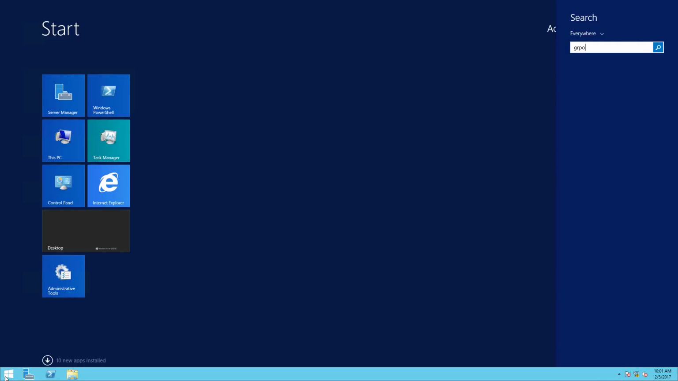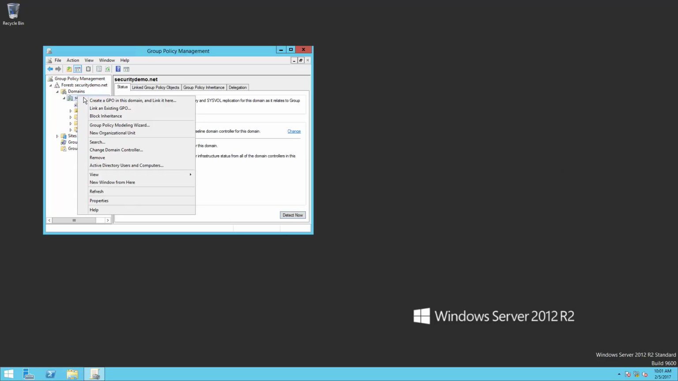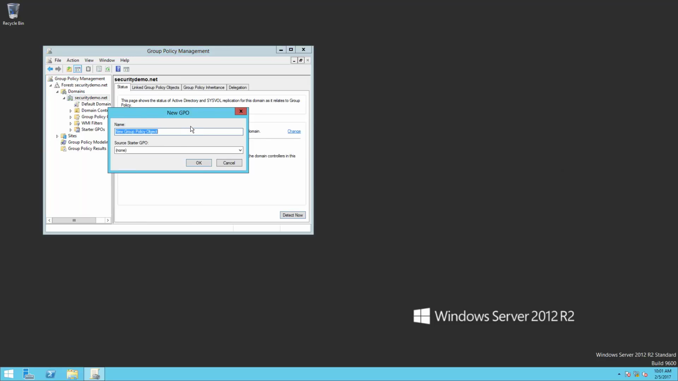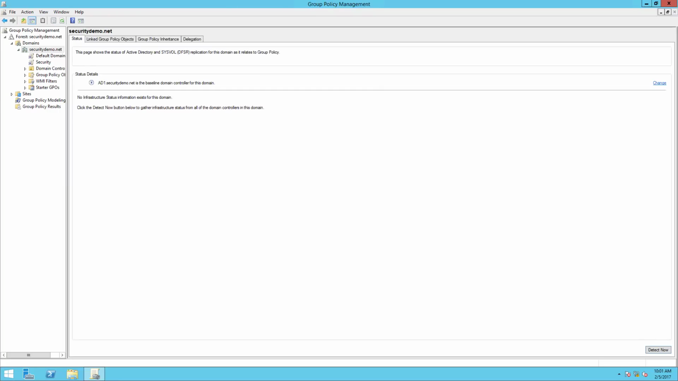Oh, there it is. Group Policy Management. Now you can go ahead and have a group policy for a specific OU under here, or just an overarching one. I'm just going to go ahead and create a new group policy for this. We're going to call this security really quickly. And this is the reason why we have a group policy for this, is because